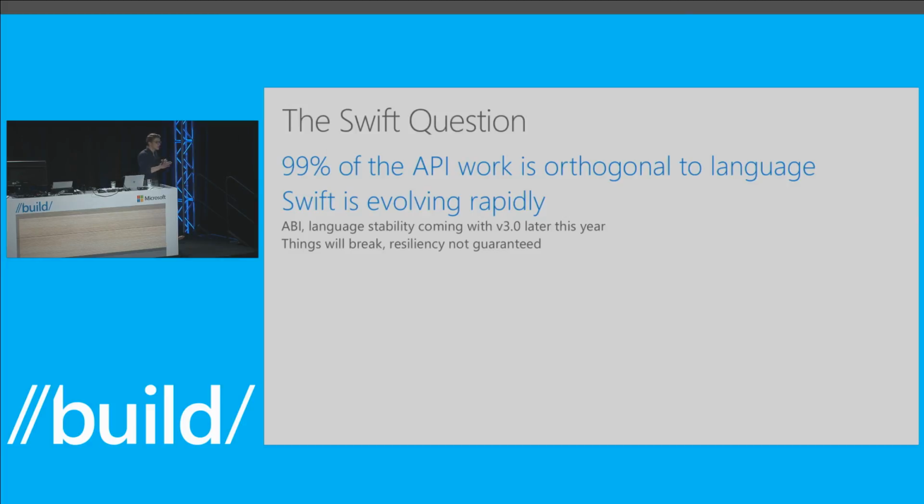So if you write a class and it's expecting to talk to another class in a certain way, that might break with a future version of Swift. And they haven't guaranteed language stability. Supposedly those things are coming later this year with version 3.0. So we're working on it, and we will bring Swift to Windows. It is the future of this project. But in the meantime,